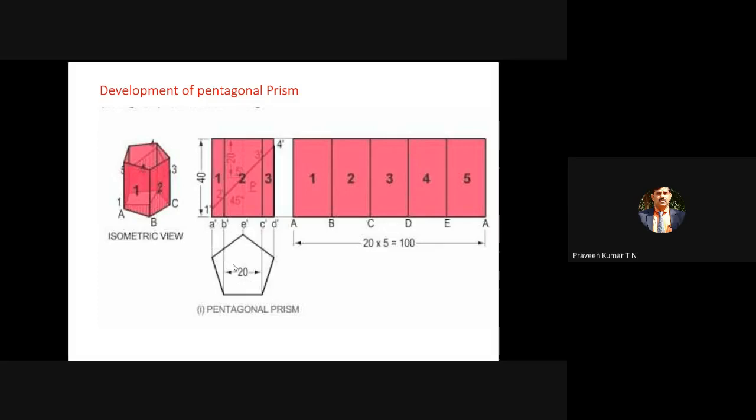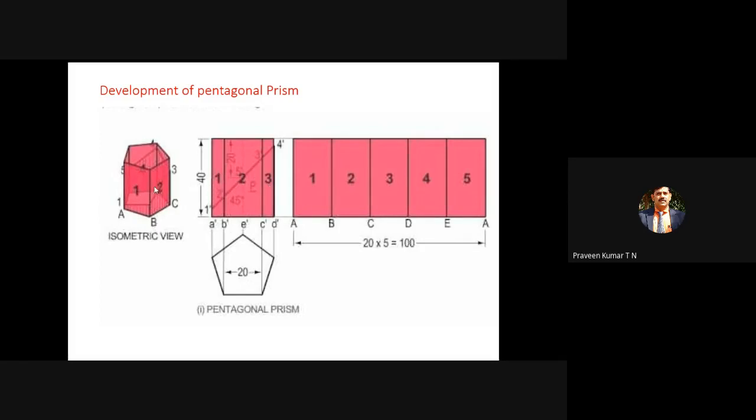Now this is your front and top view of the prism that you have already done in projection of solids. As usual, in the first step, you have to draw the front and top view of this prism. Most of the time you are dealing with a pentagonal prism, square prism, or rectangular prism. In the first part of development of solid surfaces, initially you keep the whole solid on the horizontal plane, and draw the top view as well as the front view based on the given condition. Then you have to cut open one particular edge.